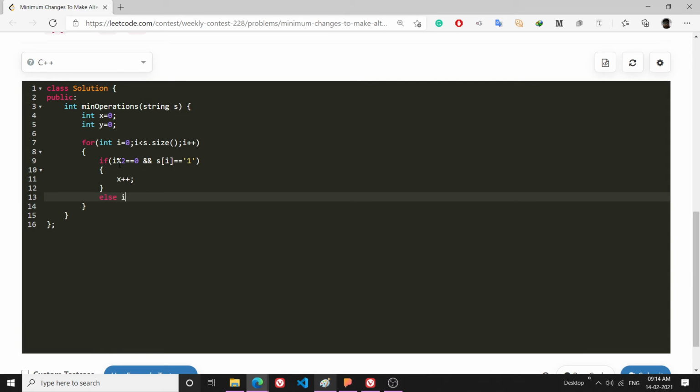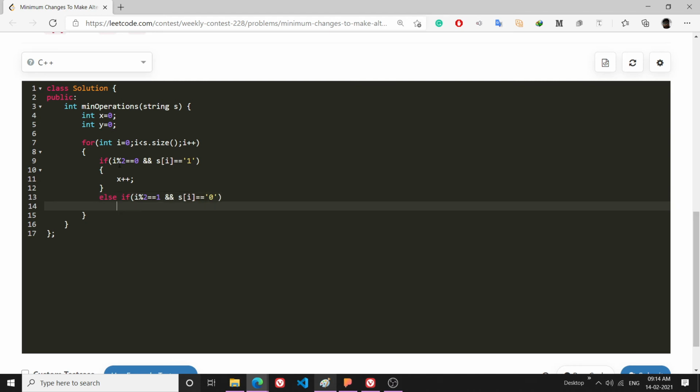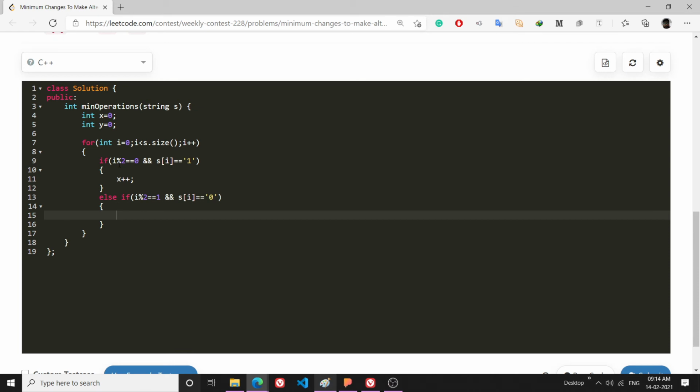Else if i mod 2 is equal to 1, if the index is odd and the character at the odd position is 0, then also I will have to increase my number of operations. So this is the first case.